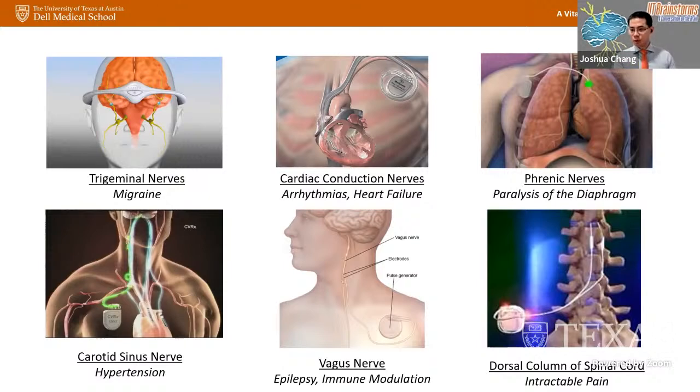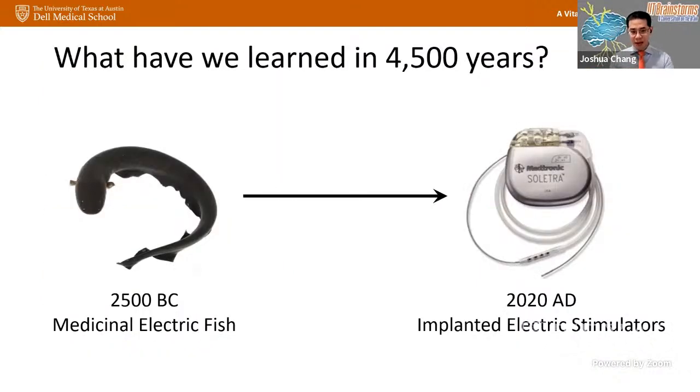So for patients with rheumatoid arthritis, for instance, that aren't responding well to drugs, are there ways that we can actually stimulate the different organs with electricity in order to correct for some of these behaviors? So this is a really long history that we have, dating all the way back from about 2500 BC to now. And really, kind of the questions that we're still struggling with are,